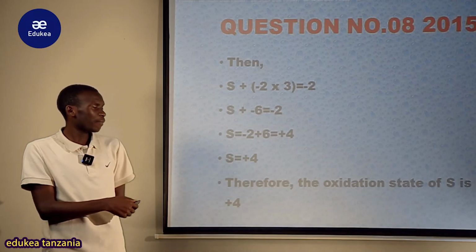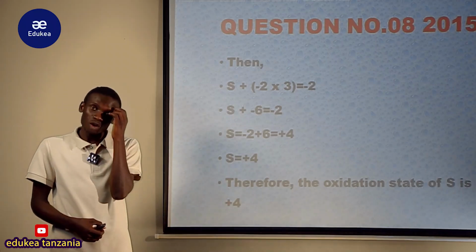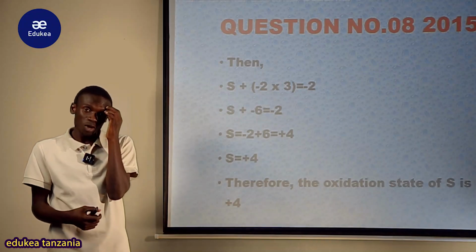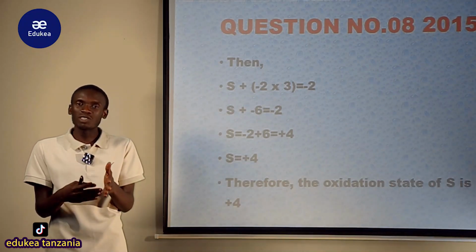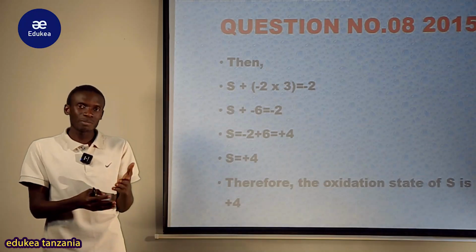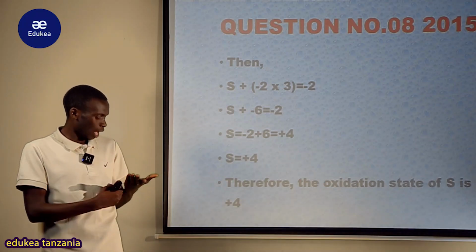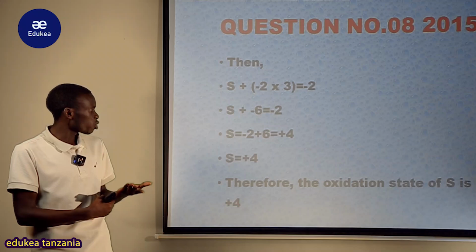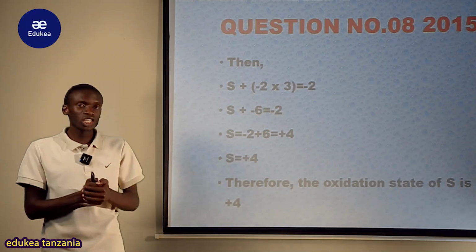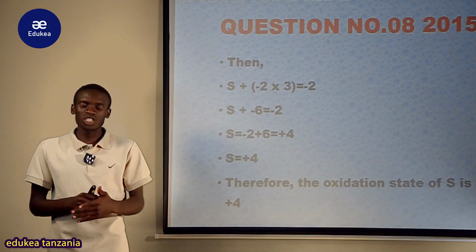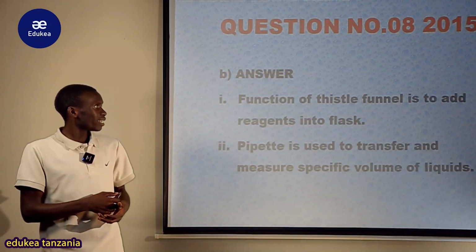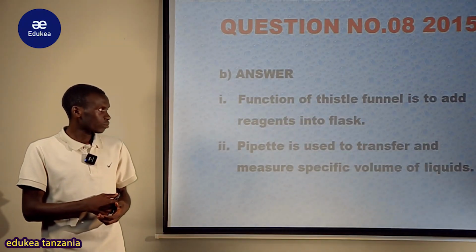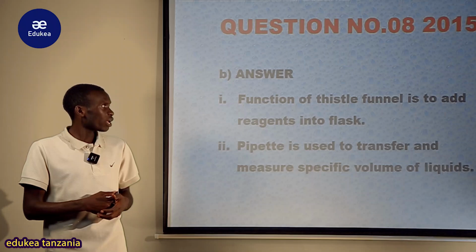Kwa hapo ukiangalia oxidation state ya sulfur ni +4, lakini wakati mwingine huyu sulfur ana +6. So inabidi uwe aware na swali, ujue kudetermine oxidation state kwa kila situation. After then let's see part B. Part B uliambiwa